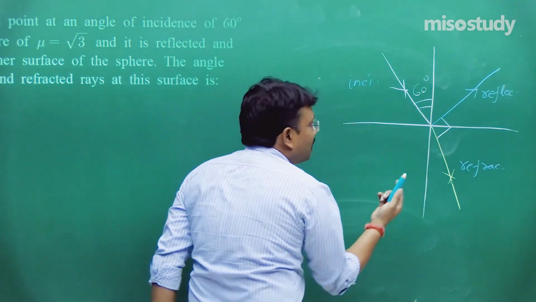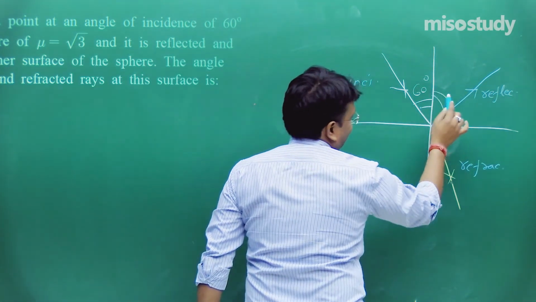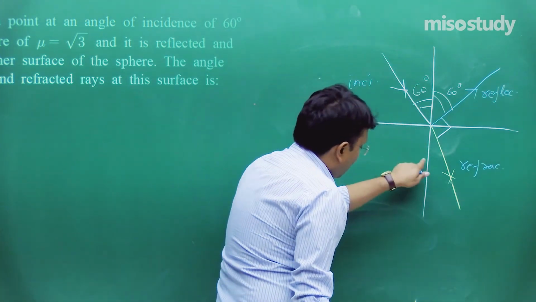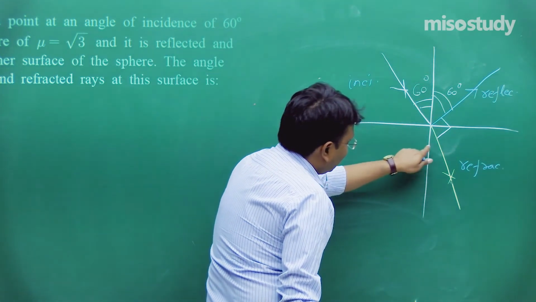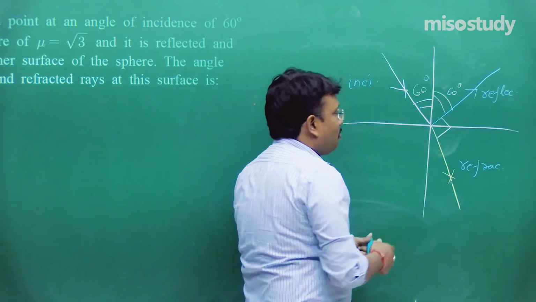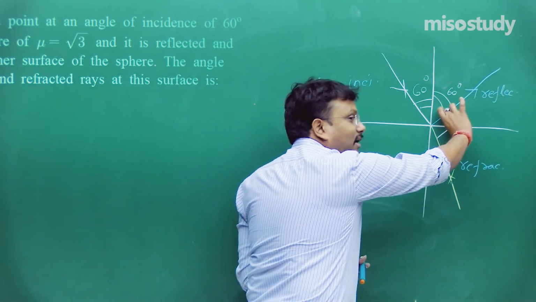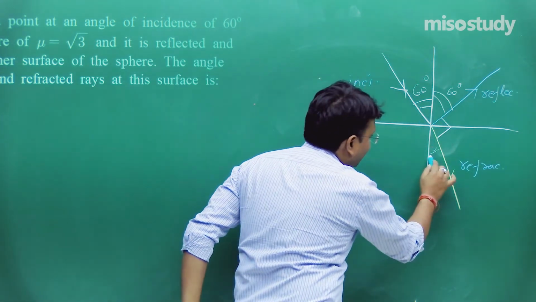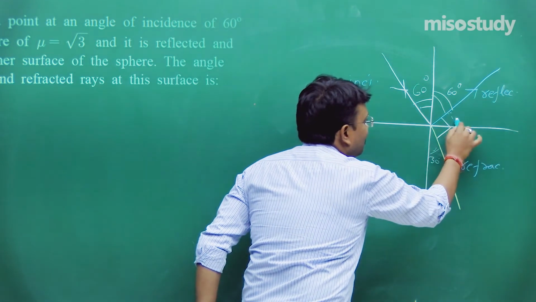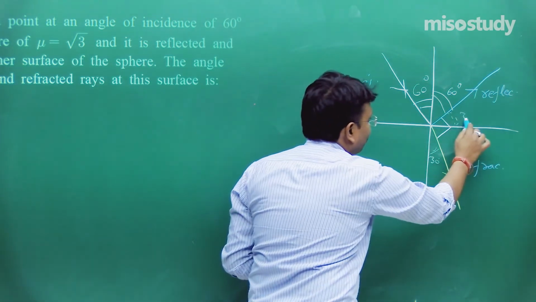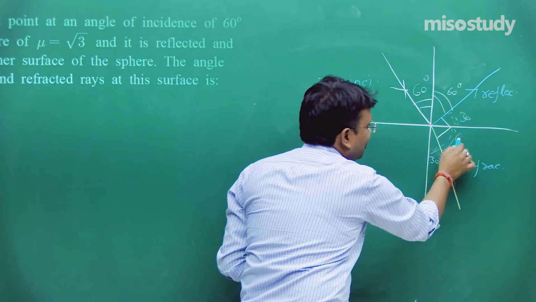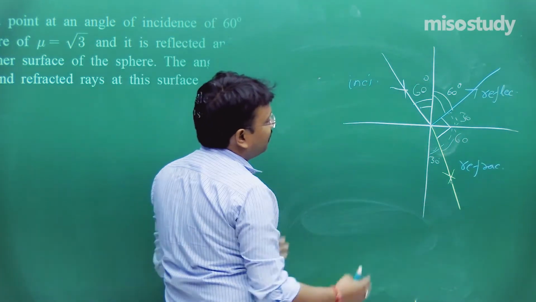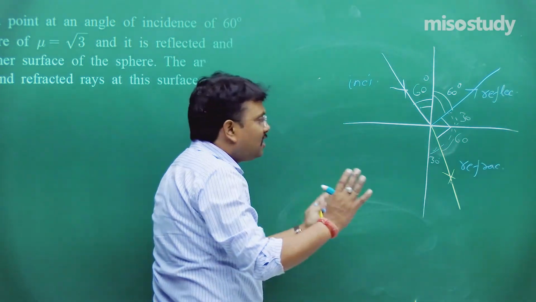Over here the angle is going to be 90. Reason being, please see the beauty, 60, I and R both are equal, fine, and this much angle is going to be how much? 30. So now here remaining how much? 60, here remaining how much? 30. So both are perpendicular to each other. 30 we just calculated, it is remaining as how much? 30, it is remaining at how much? 60, fine.